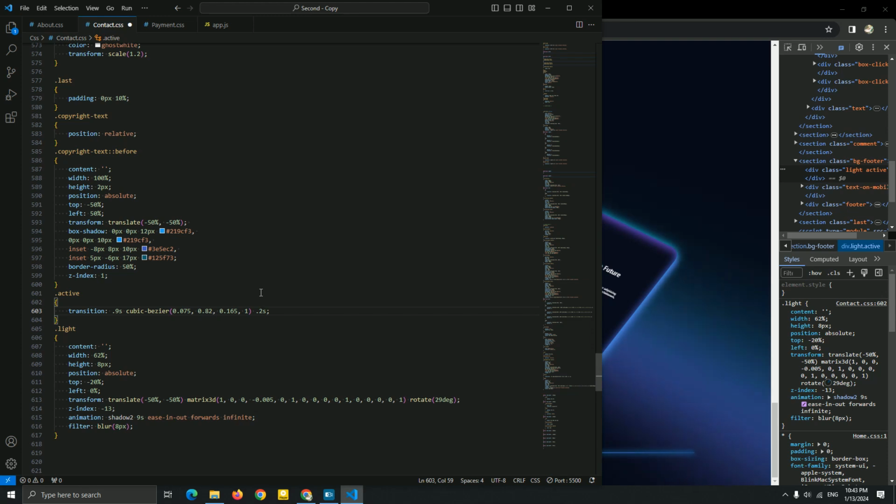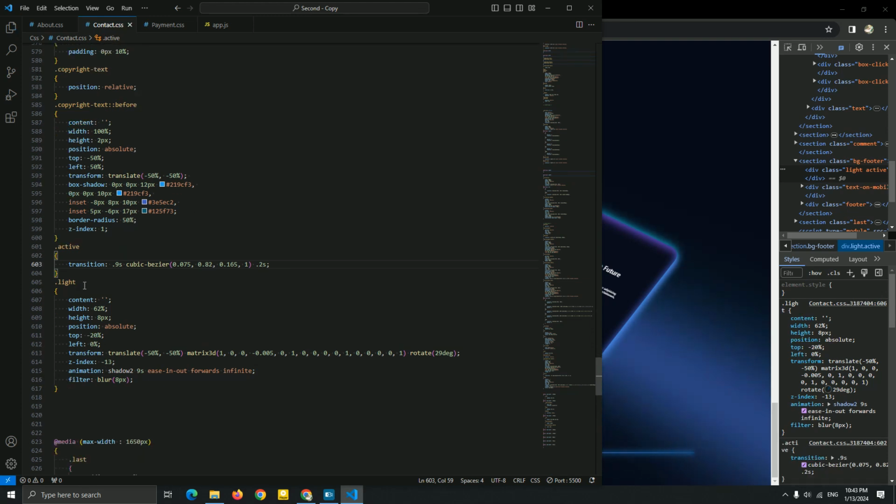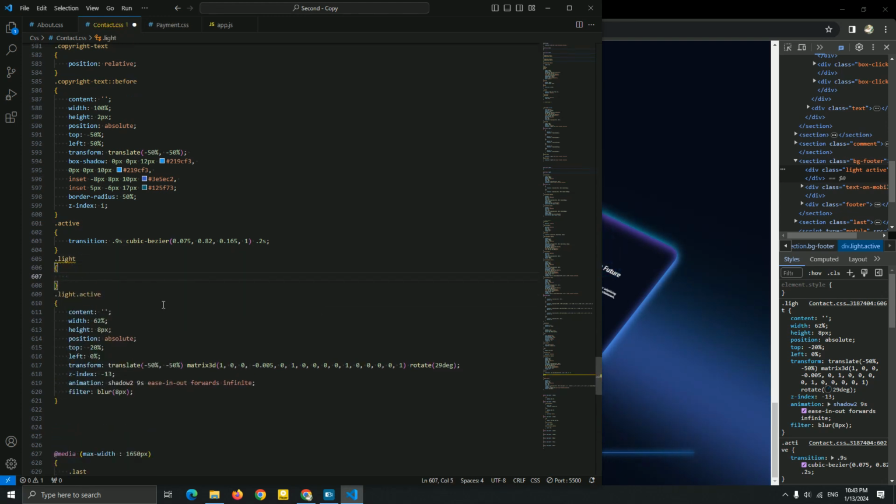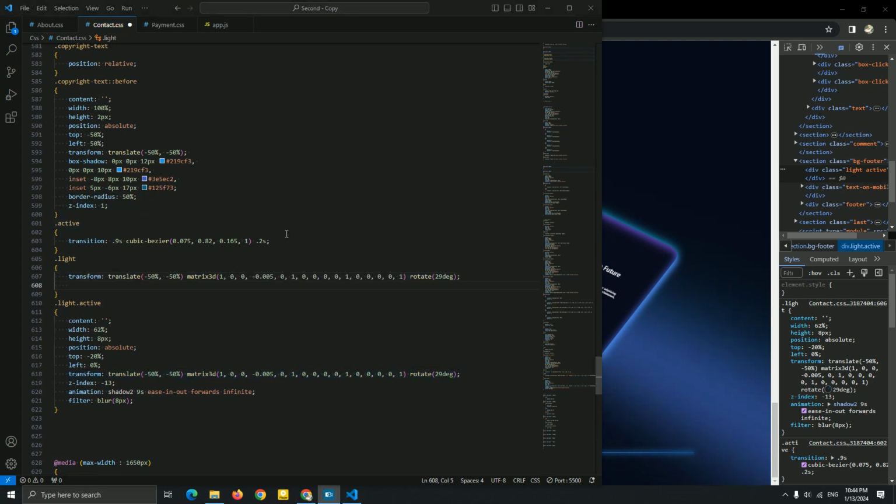Now for this light, I'm just going to name it light active, for when the user shows it. Let me add the light right now, just copy this, paste it. Now I added this light active. When the user is scrolling, the active just shows this light right now.